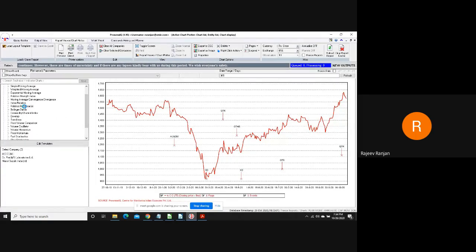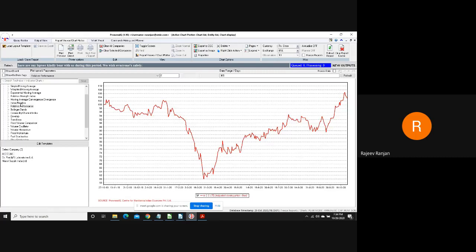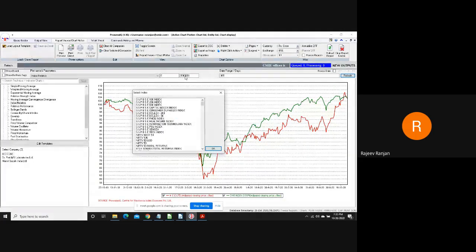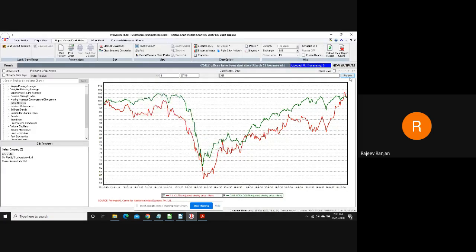If I click on, say, index relative, here I can compare the stock market performance of the scrip which we have picked up with any index. When I click here, I get the list of indices available, and I want to compare this with, say, the Sensex companies, and I refresh this.